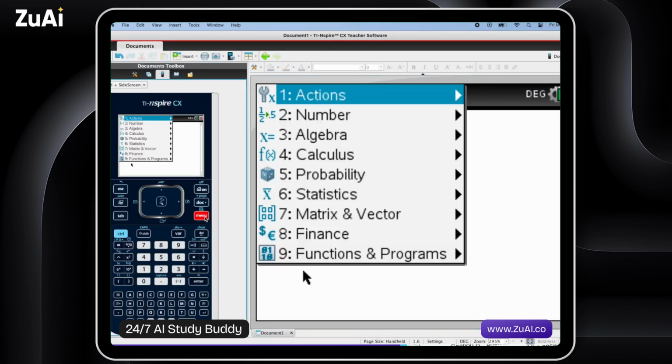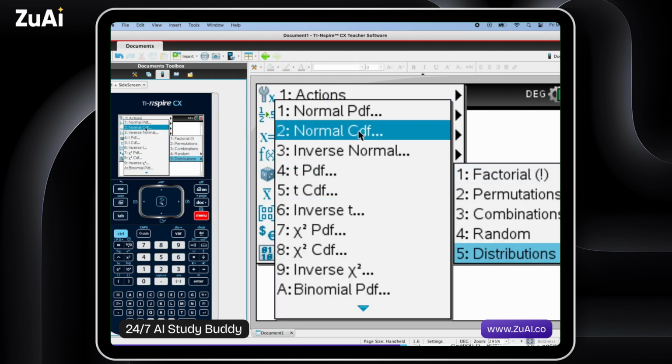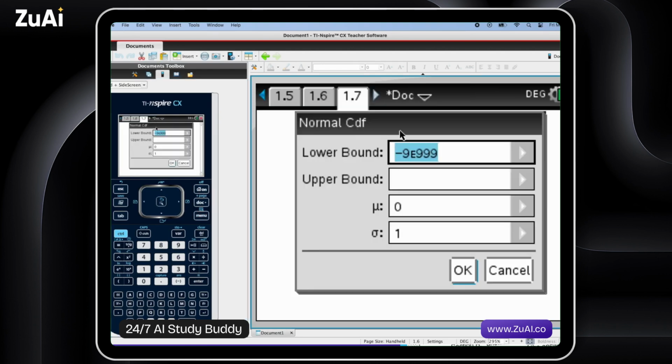Let's go menu, probability, distributions, and we're in norm CDF. Lower bound we can keep as this massively negative number. Usually you just want to make sure that you sweep out all the area to the left. So usually like 5 standard deviations is enough. So you could put 100 and it should be fine, but this massive negative number should be okay as well. Upper bound 495. This is our mean, and our standard deviation was 3.